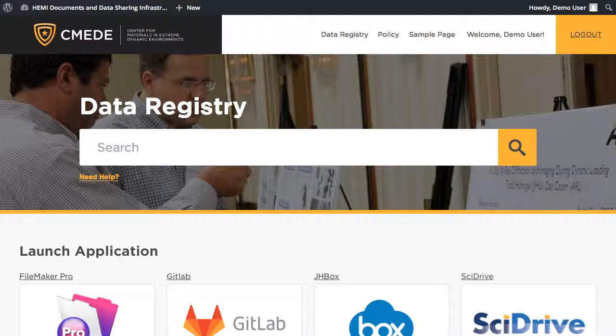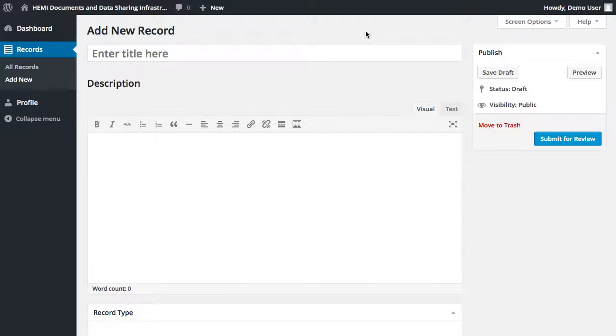Today we're going to look at how you can create a new record within the CMEDE data registry. When you log into the data registry, you'll see a WordPress menu at the top of the screen. Mouse over the word New and select Record. At the top of the screen, you'll have an option to enter the title of the record and then enter